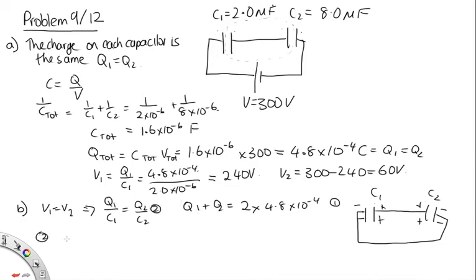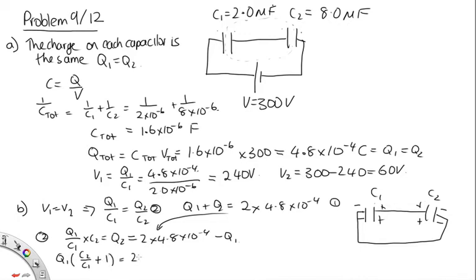We can rearrange 2 to write Q1 on C1 times C2 is equal to Q2, which now substitute in from C1. Q2 is equal to 2 times 4.8 times 10 to the minus 4 minus Q1. So moving Q1 over here, we've got Q1 is C2 on C1 plus 1 is 2 times 4.8 times 10 to the minus 4. Now C2 on C1, that's equal to 8 on 2, so that's 4. So this is 5. So this tells us that Q1, this is 4, plus 1, that's where our 5 comes from,